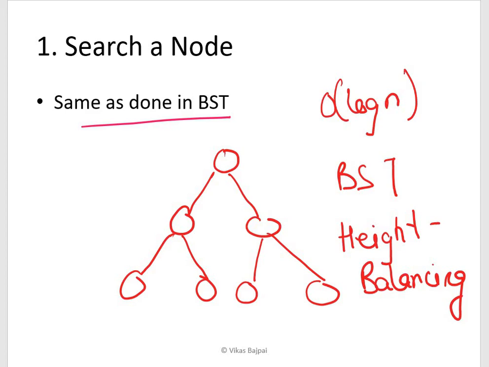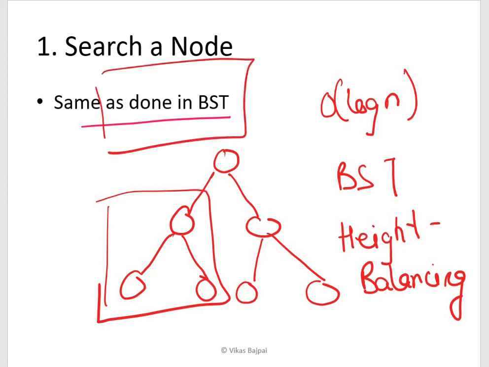and since the operation does not modify the structure of the tree, so I don't need to take care of any of these special provisions, right? So search remains the same, so I'm not going into the depth of search operation. For that you can look into the video on search operation as done in case of your binary search tree.